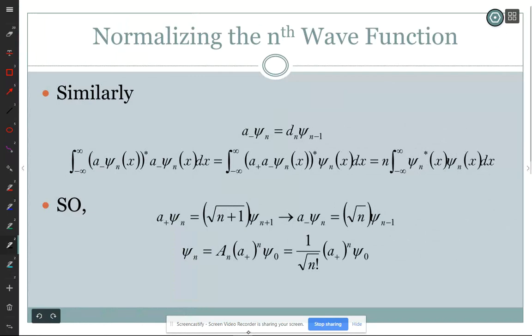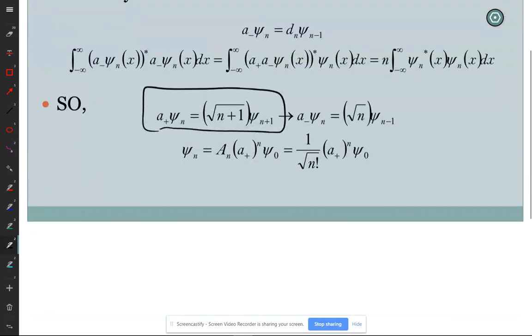Result shown here: A plus acting on psi sub n is equal to square root of n plus 1 times psi n plus 1. Now what that allows us to do, I've got 2 minutes, is to get a simple equation that